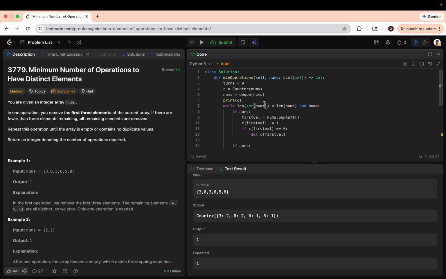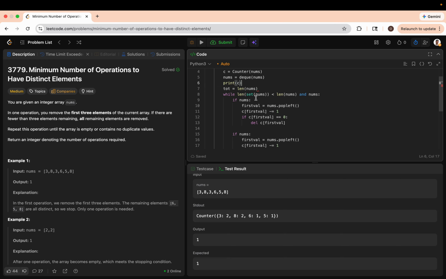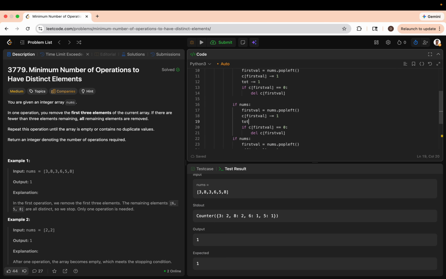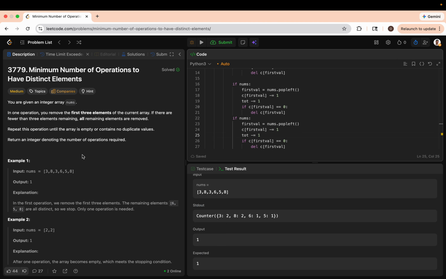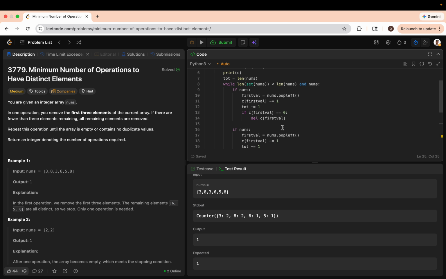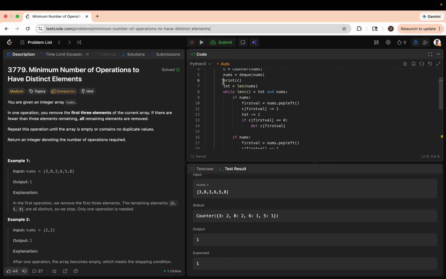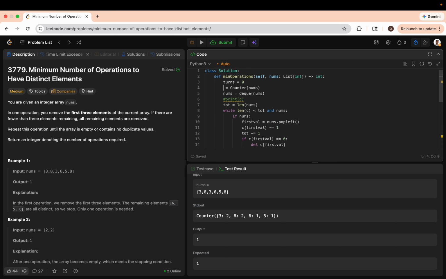And that helps a little bit, because now instead of doing this, which is expensive, we can just say the total number of elements is length of nums from the start. And if this is true, then that's one less element, right? So in that case, actually, we're always going to be subtracting 1, because we're always removing an element if we can, because if we remove from the front, that's automatically one less element. So if it's less than total, instead of recomputing the length of nums, and if the length of the unique values, which is the point of the keys in this hash map, which we can probably just call it frequency for better naming,